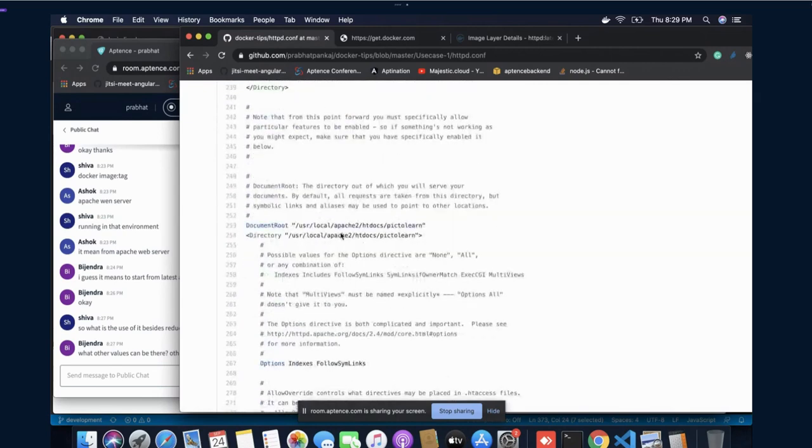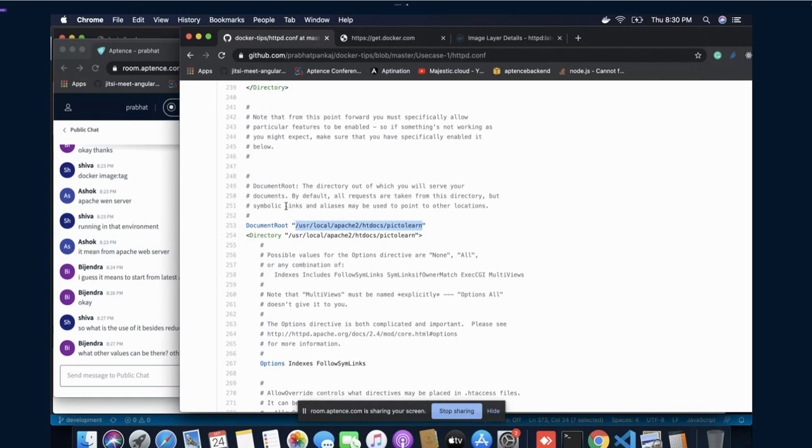By the way, guys, this is an important concept. You have to define where the root location of your project is. If you are using Apache, whereas most of the time we have used Nginx. In Nginx, this step was very simple, but in case of Apache, this step might be a little difficult and somewhat different. In order to get all the information, you can go to their official website and find the default configuration for httpd. After that, you can customize it as per your requirement.